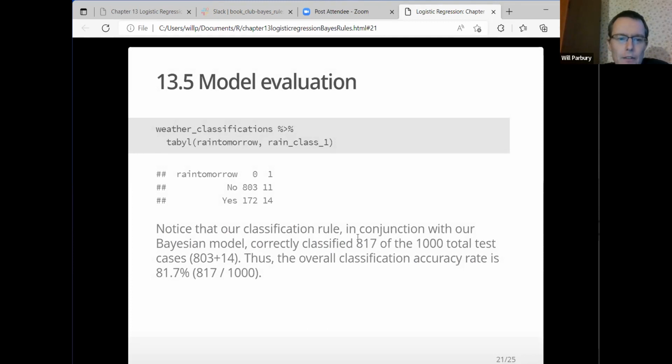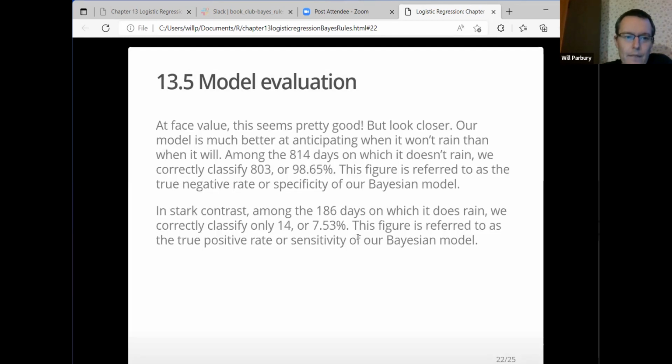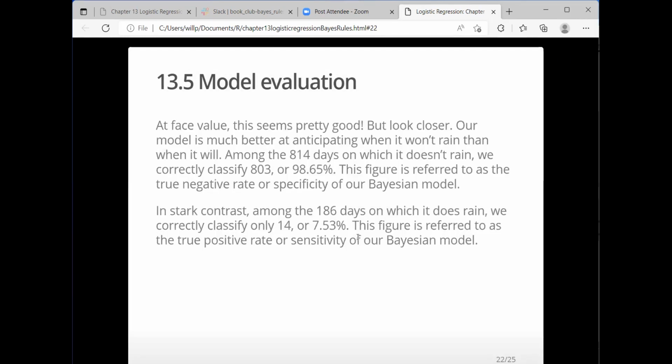When you look at the classifications, you notice that our classification rule, in conjunction with our Bayesian model, correctly classified 817 of the 1,000 total test cases. Thus, the overall classification accuracy is 81.7%. But there's a difference between the sorts of classifications that it does. So at face value,